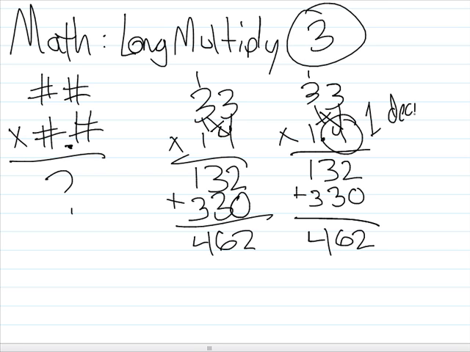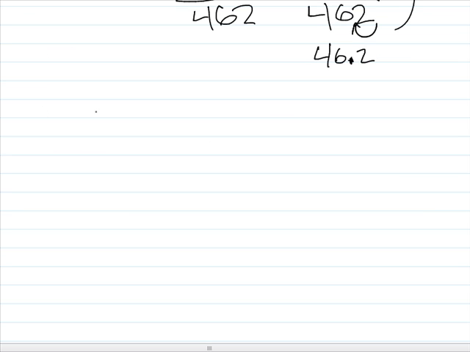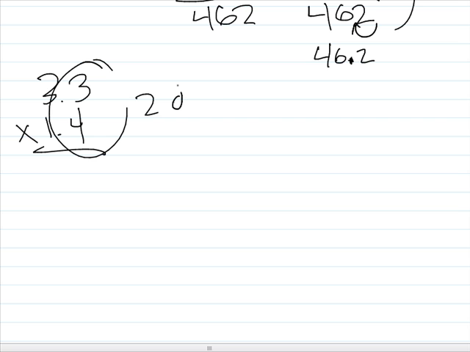If you count up how many decimals you're multiplying by, you can just move the decimal over one place, and the answer is 46.2. So all you need to do is keep track of how many decimals you have. For example, if it was 3.3 times 1.4, notice that we have 2 decimals. And so you could go through the same technique